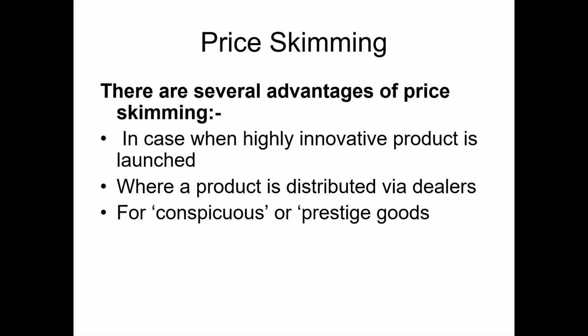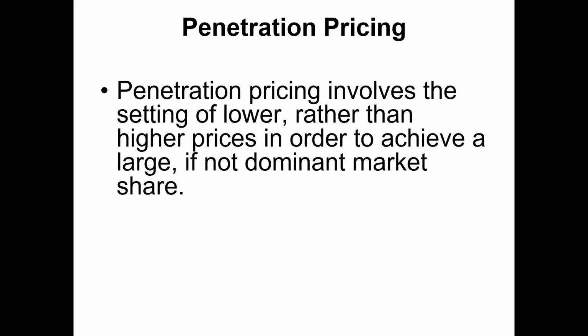For conspicuous or prestige goods, the practice of price skimming can be particularly successful since the buyer tends to be more prestige conscious than price conscious. So then he buys the product just because it is a high price. We have seen this in the law of demand, exceptions of the law of demand, remember? So in case of prestige goods, you buy only because the price is high. If the price gets lower, you don't buy it because everybody can afford it, right? So over there, price skimming works. Understand?